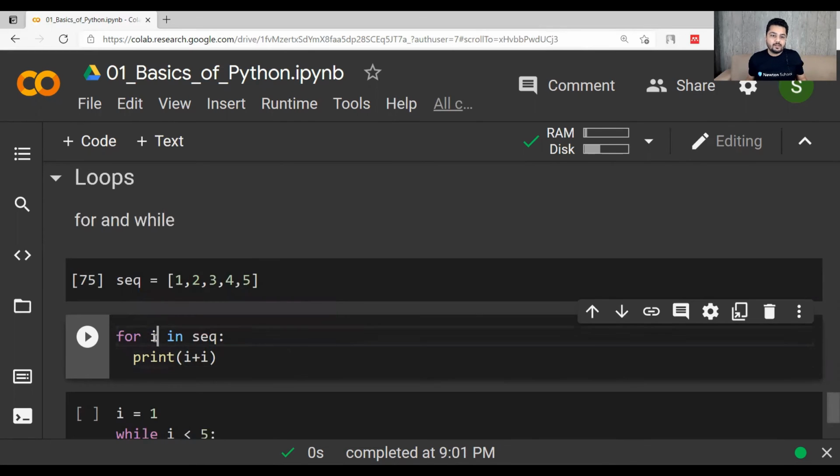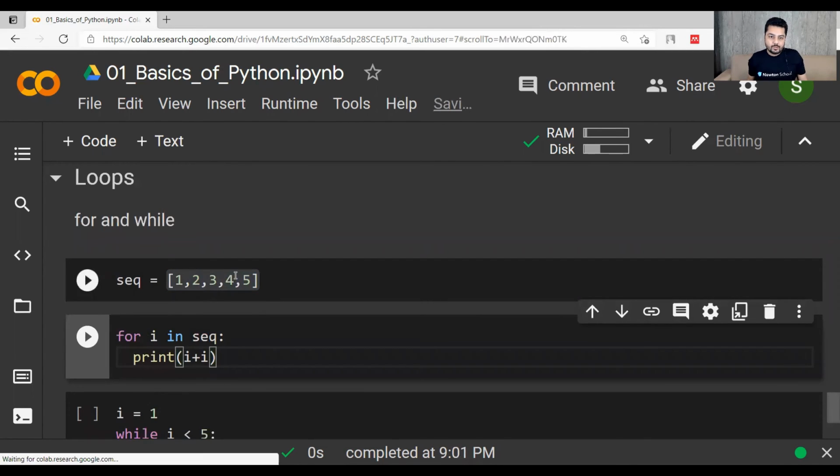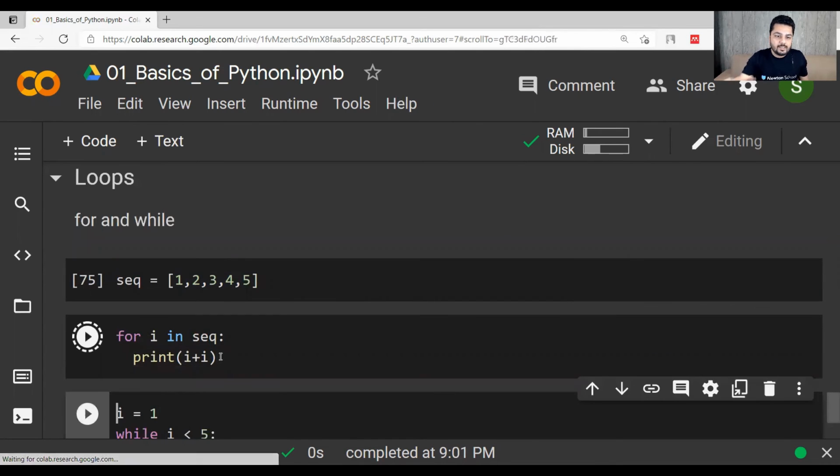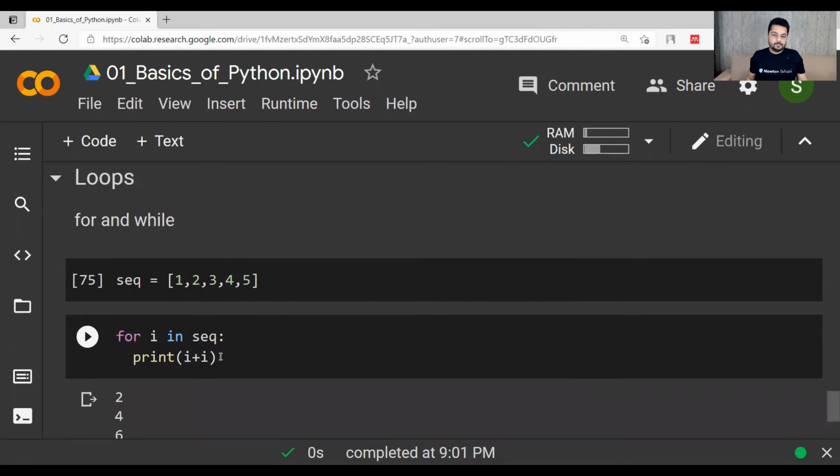You can write i, a, b, c, d, anything you think is right as a variable name. So for i in this sequence, which is 1 2 3 4 5, print i plus i. Every element will be traversed one by one and addition will be done for each. So the outputs will be 2 4 6 8 10 because you are doing i plus i.